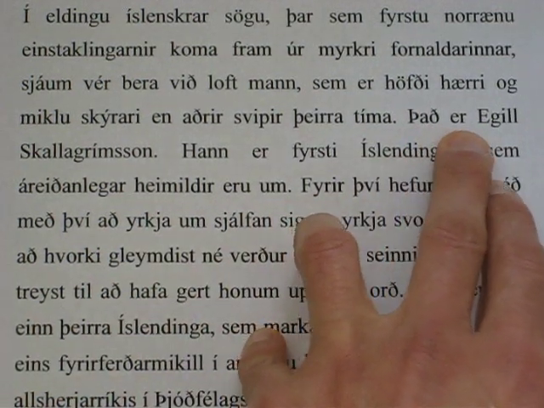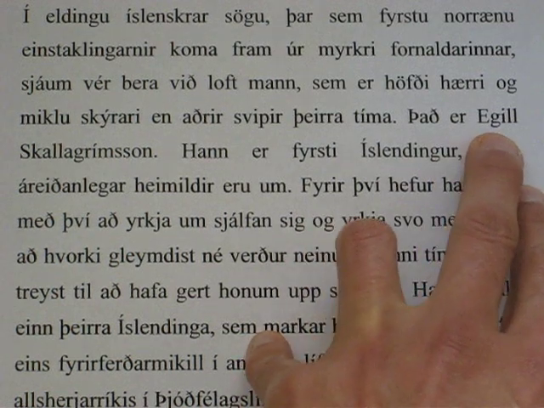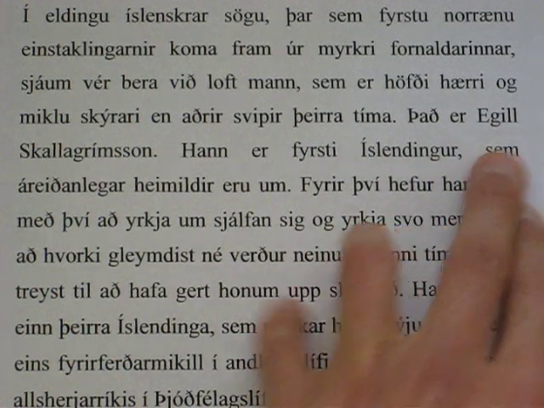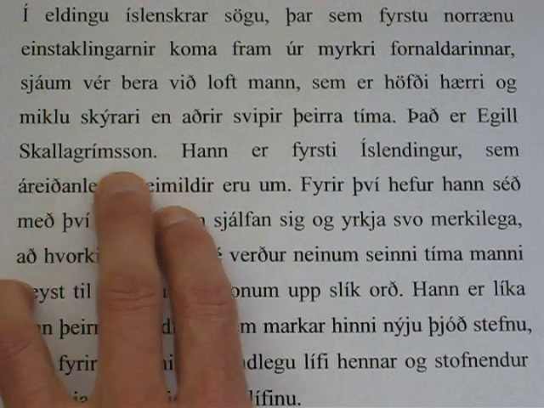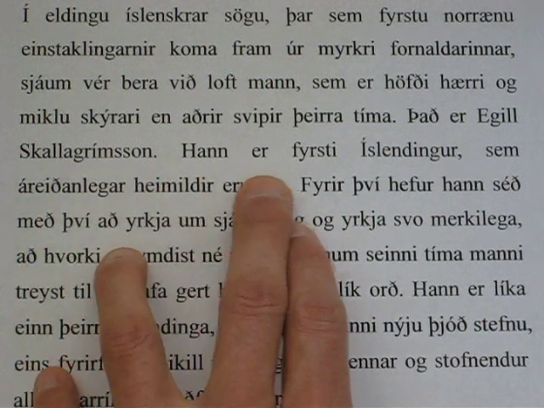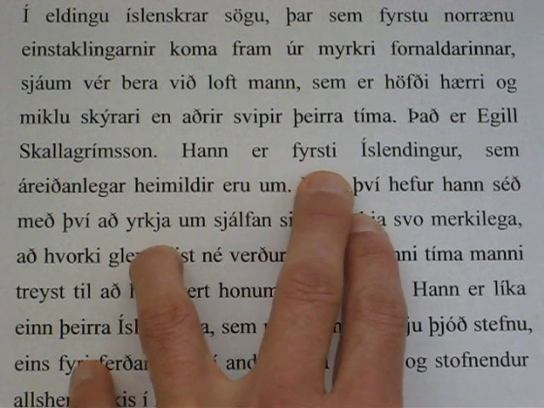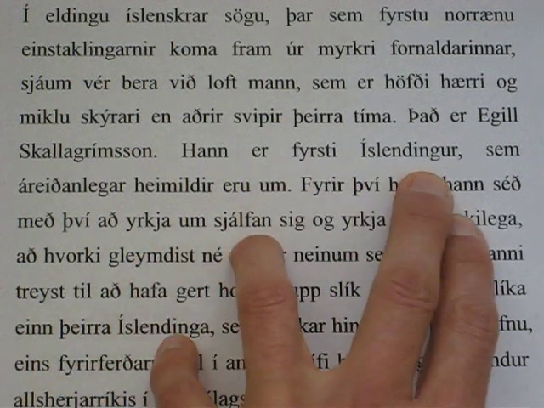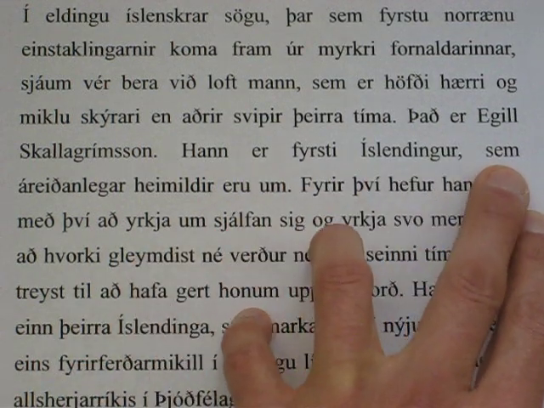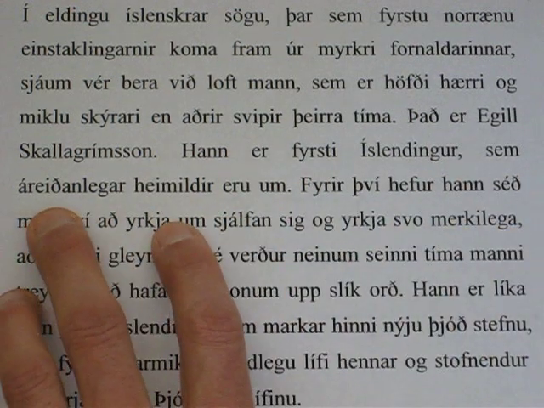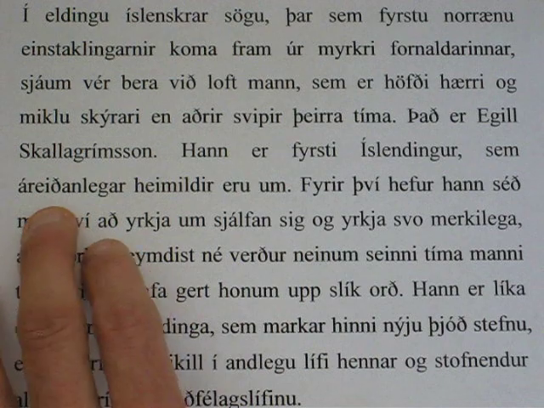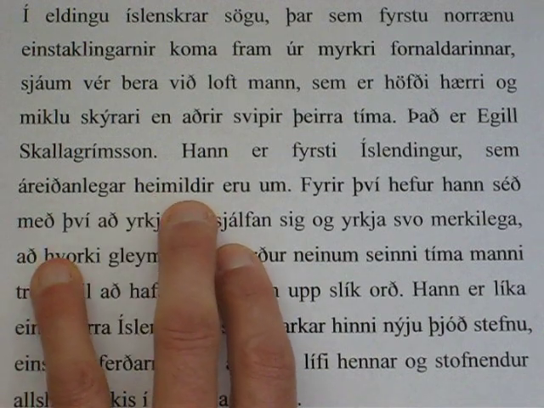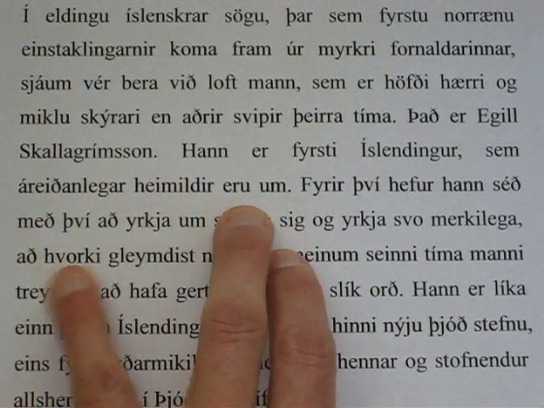That, it, is, Egill, Egil, this interesting catch on the double L's, Skallagrímsson, the son of Skallagrim, hann, he, is, fyrsti, the first, Íslendingur, Icelander, sem, who, áreiðanlegar, reliable, trustable, heimildir, sources, eru, are,